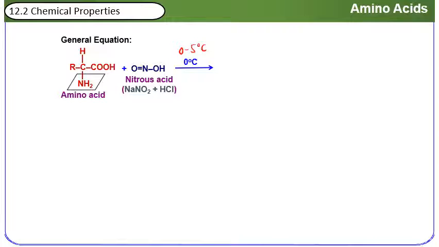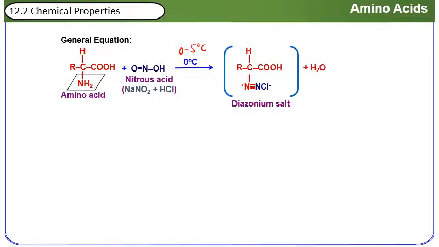Then the NH2 will be taken out and become the diazonium salt. This diazonium salt is unstable because it is from a primary aliphatic amine. So it will remove nitrogen gas, where we can see bubbles of gas,